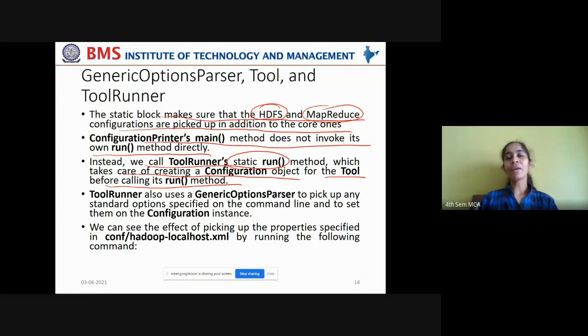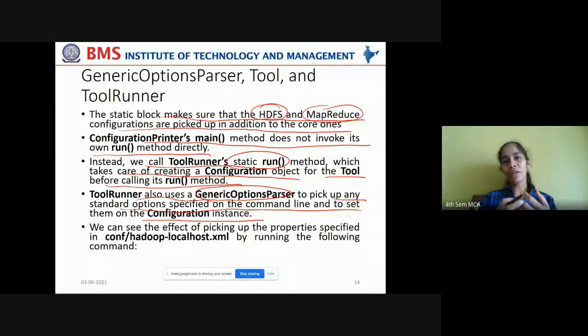So this run method will help us to actually fetch the properties from the resource files and display them on the screen. Now, tool runner also uses generic options parser to pick up any standard options specified on the command line and to set them on the configuration instance.